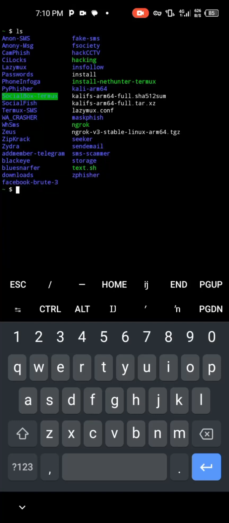CamPhish. Like I said, we will do a lot of attacks in our next video. CamPhish is used to access somebody's webcam. You just create a phishing link, and when you send the person the link and they click on it, you can control the webcam. You are connected to the phone like that. And then you have the